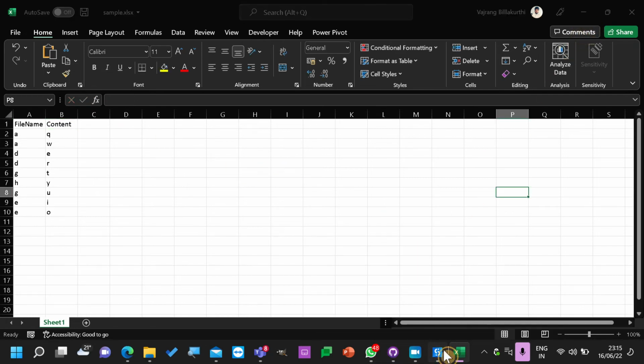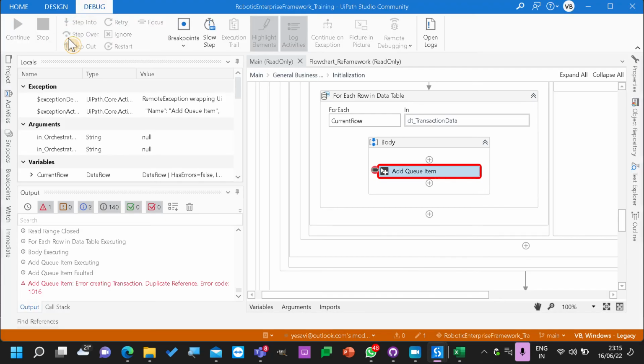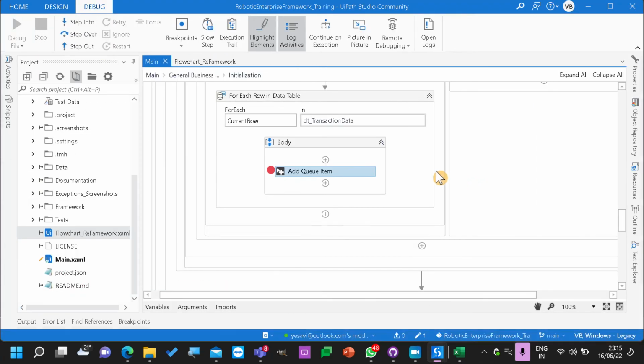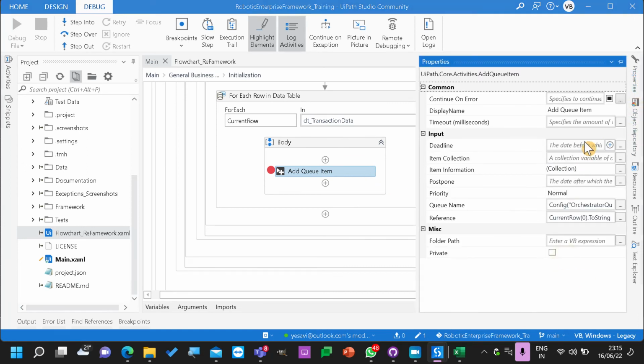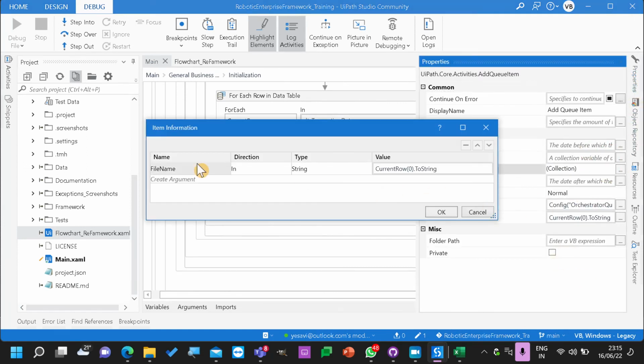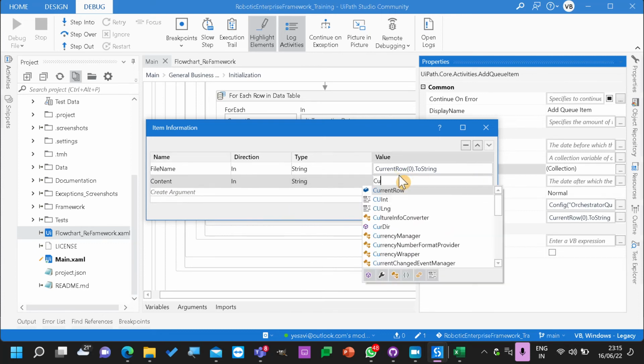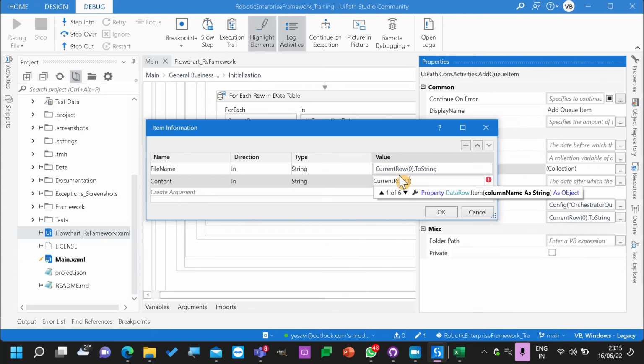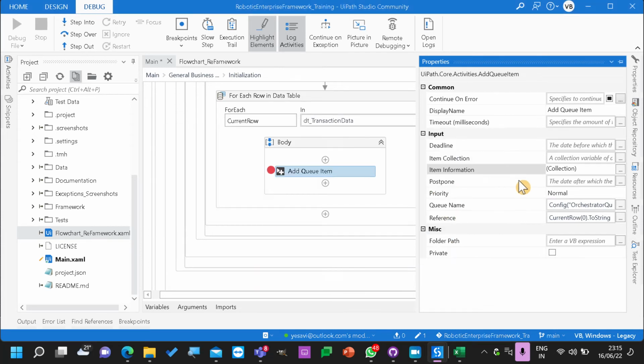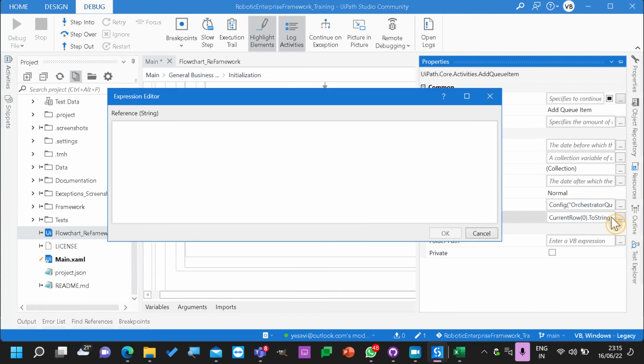So here we go. Let's stop. Properties, collection, content, current row of 1.toString. So instead of having only one item reference, I will just concatenate.